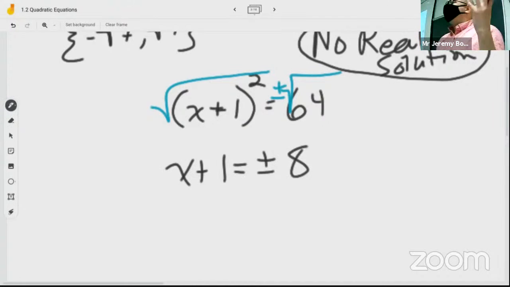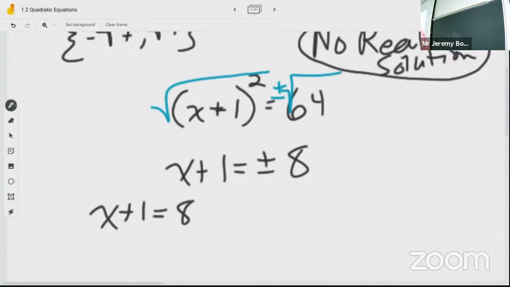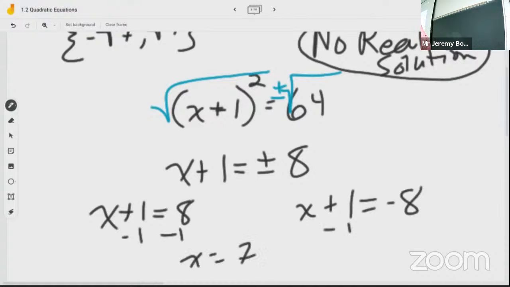And so this is going to become two separate equations. Either x plus 1 is equal to positive 8 or x plus 1 is equal to negative 8. Solve both of these. You get x is equal to 7, x is equal to negative 9. And so our solution set there will contain 7